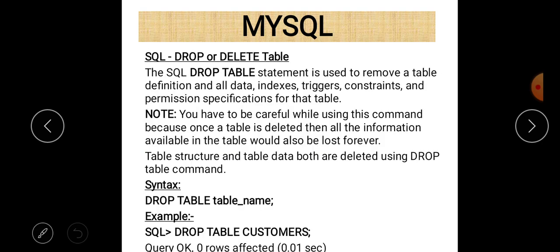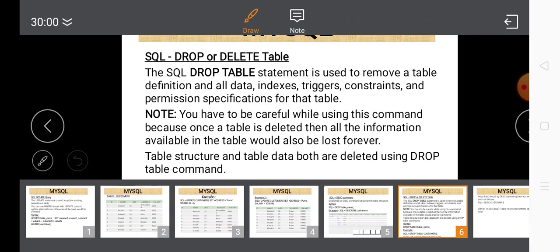Next is drop or delete table command. There are two commands and both of them are used to delete the data in a table, and these are the two commands, drop and delete table. But there is a very important difference between drop and delete table command. One is considered as a DDL statement while the other is considered as a DML statement.